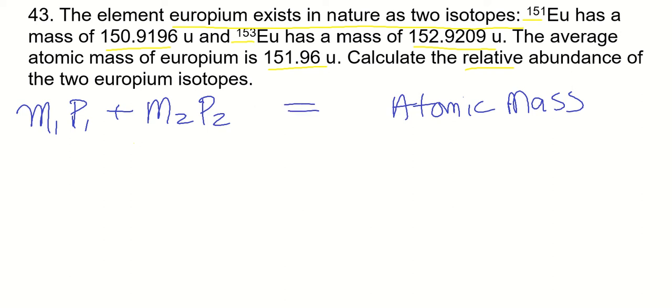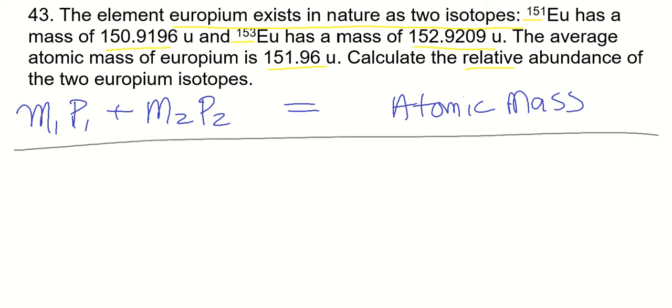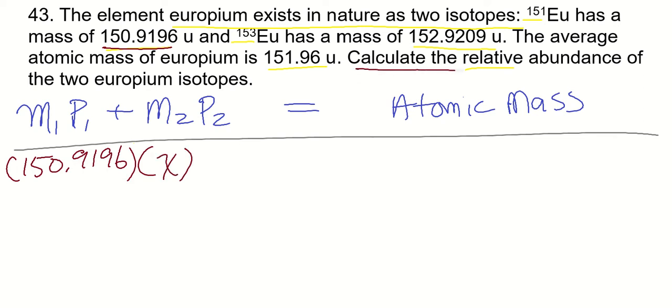Let's plug these values in, do a little algebra. We have the mass of the first isotope, we have the mass of both of them. All right, so let's say EU-151 is the first isotope. So the mass of the first isotope is 150.9196, and percent is, we're looking for that, so we'll call that X, because it's asking us to calculate the relative abundance. Now we have the mass of the second isotope, that's EU-153,